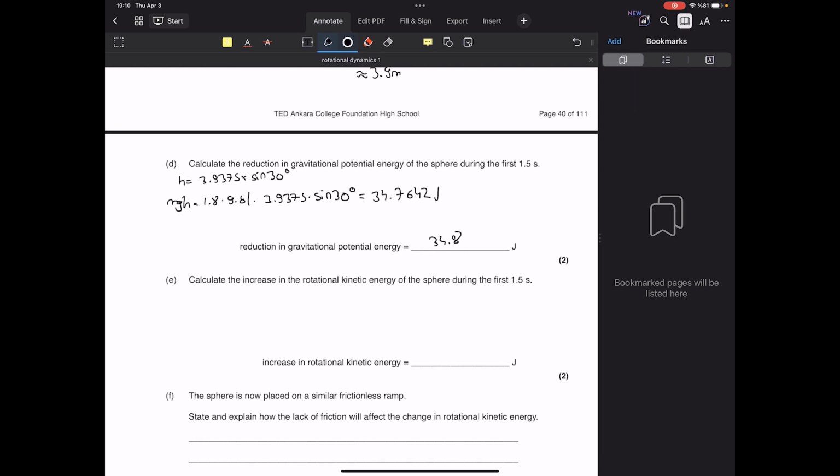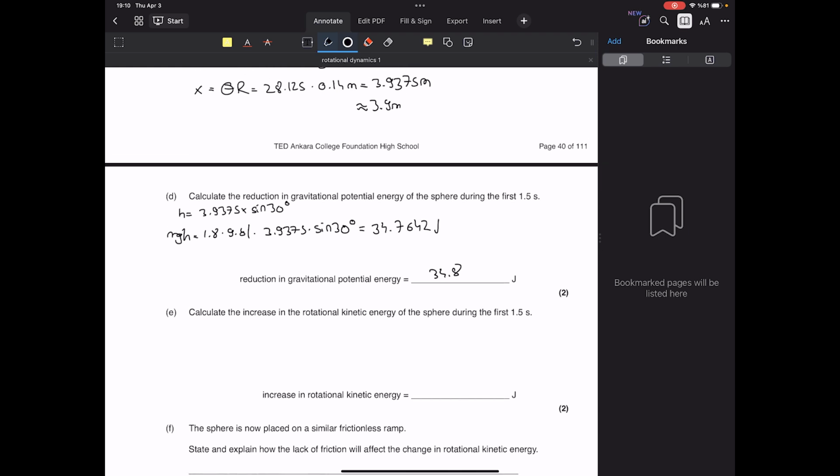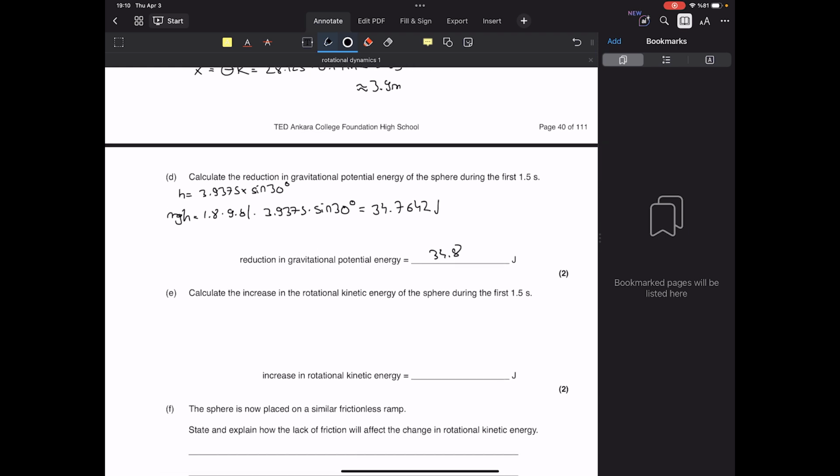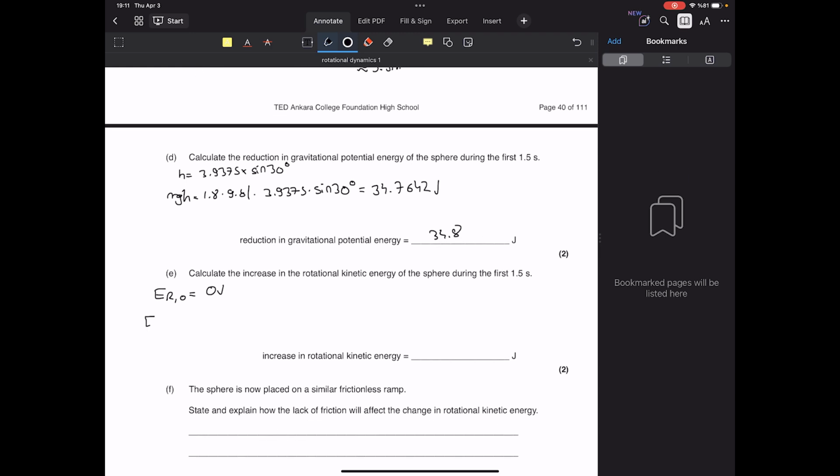Now to calculate the increase in the rotational kinetic energy of the sphere. So the rotational kinetic energy is 1/2 I omega squared. Initially it had an energy ER0, which is equal to 0 joules because initially it was at rest. So ER final is going to be equal to simply 1/2 I times omega final squared, which is going to